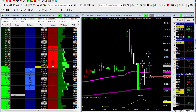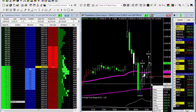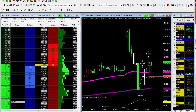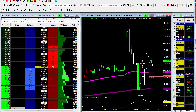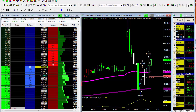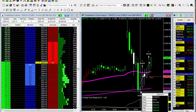Again, we're looking at a 3-minute chart on the E-Mini S&P 500. We took this trade down in here, right? 2022. Took some profits and then more profits up in here, and we are attempting, excuse me, to milk this trade for what it's worth. So let's see if we have the power to create a V today, right? We've traded straight down from the opening 3-minute bar, straight down into a beautiful support zone. Okay, beautiful, perfect support zone,